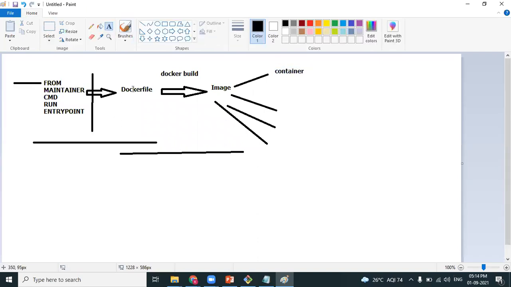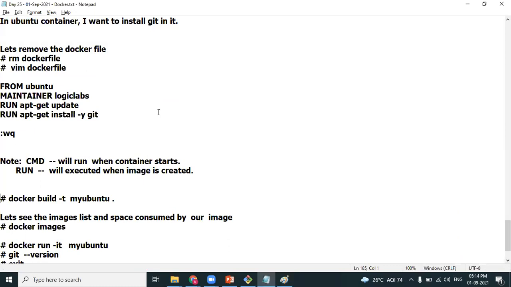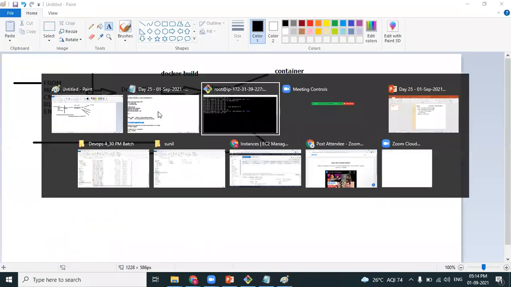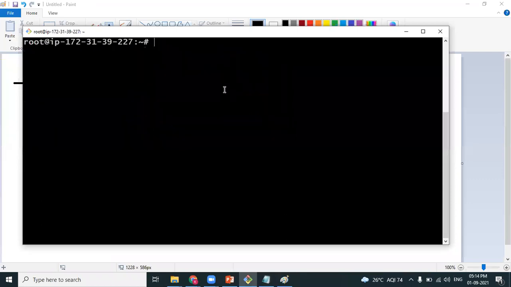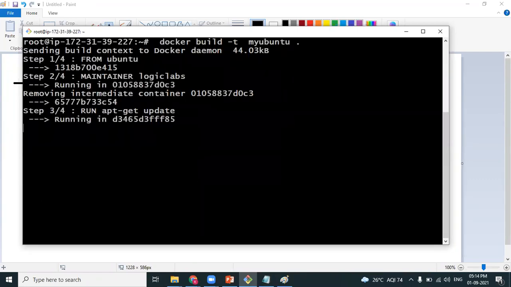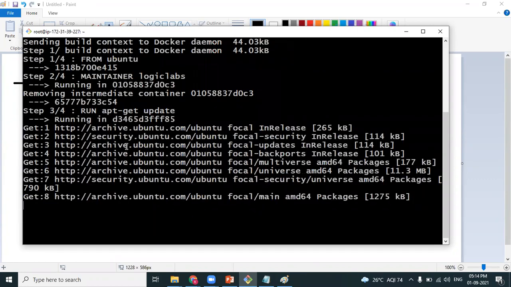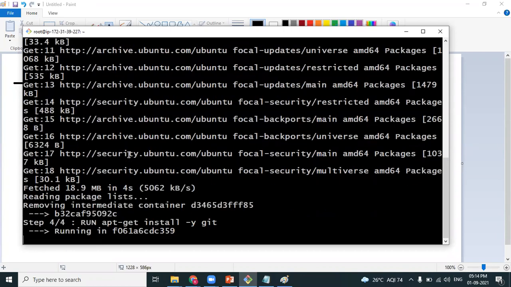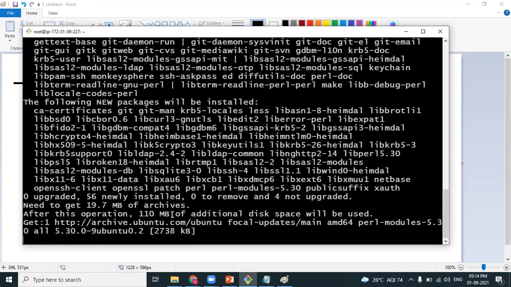Okay. Now look at this. Now I have the Docker file ready. Now I am building an image from the Docker file. In the Docker file, when you mention the FROM, if the image is not present locally, it automatically performs a pull operation. Build is like docker run, directly running the Docker command. It's something like that. Yeah. If the base image is not available, Vasant, what happens? Automatically a pull operation happens, and then it downloads the base image from the Docker Hub to the Docker host. Okay. What's happening? The apt-get repository is getting updated, and then what will happen? Git is installed. Yeah.